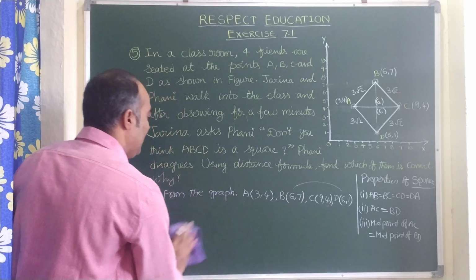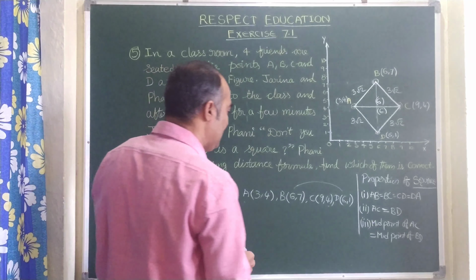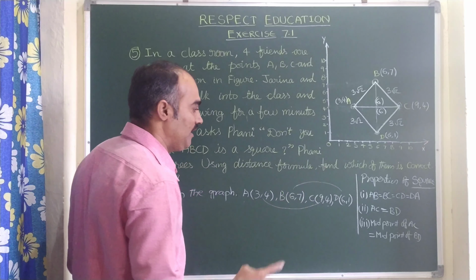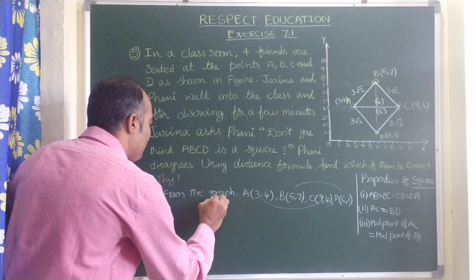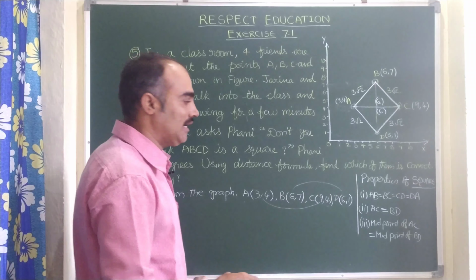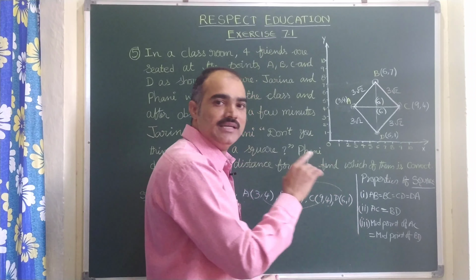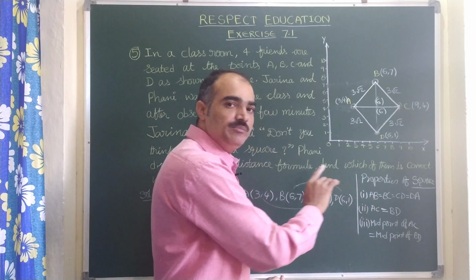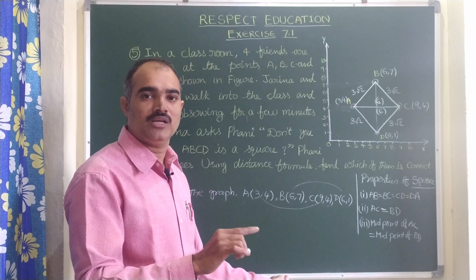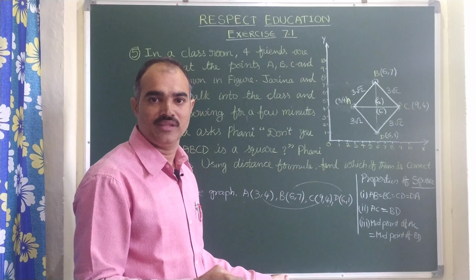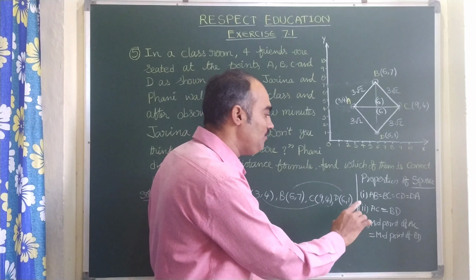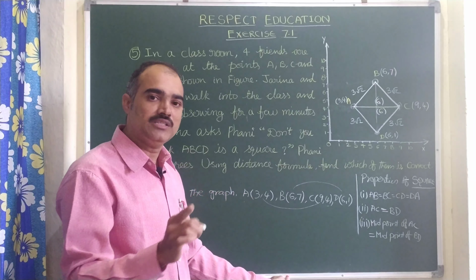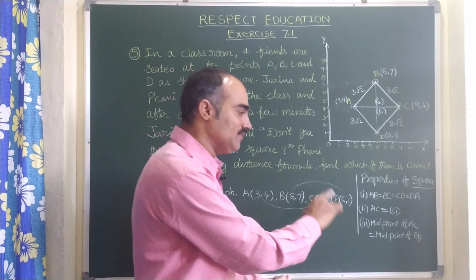Now let us find the midpoint of AC and then the midpoint of BD. Here A and C, here B and D, they are ready. Now there is a formula, children, for finding the midpoint. Actually, it is based on the section formula, which is going to come in the next exercise. So before that I would like to give you a small formula. Once you understand that formula, it will be easy for you.